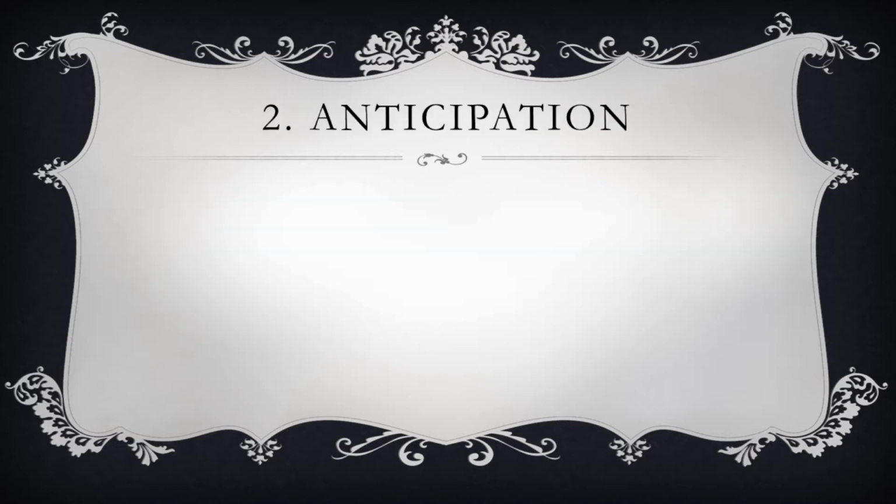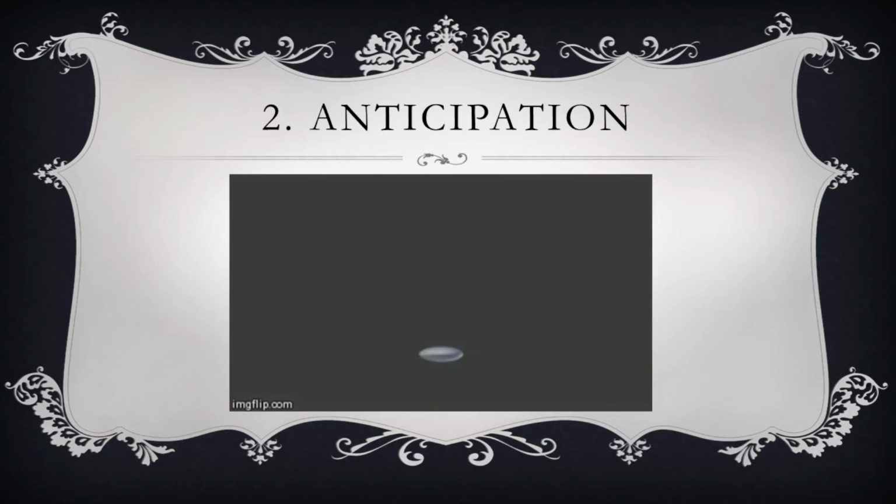The second one is anticipation. Anticipation is the action that occurs prior to the main action. For example, winding up to throw a baseball or a cricket ball, or bending down before a jump. In this case, I squashed the same ball again to indicate that it is getting ready to jump, or bounce. Jump. And thus it looks better compared to having the ball just move up without any form of anticipation. If there were no anticipation in this at all, it would just look a little bit odd.